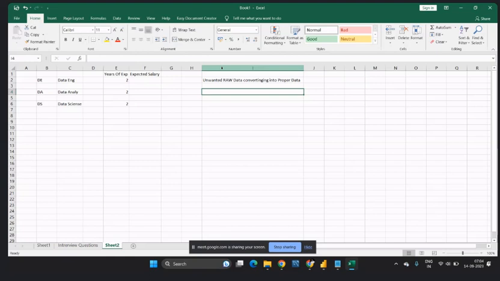Without steaming, does anyone eat direct raw rice? Please respond. No. No, sir. It is mandatory, we need to cook, right? After minimum basic cleaning, you need to do the steaming. After steaming, it will cook, then you can convert it to whatever flavor you want. That's it, right? Yes, sir.